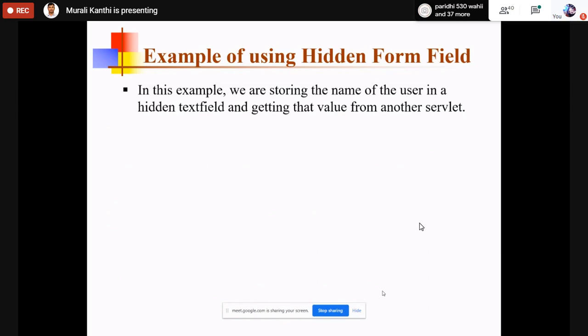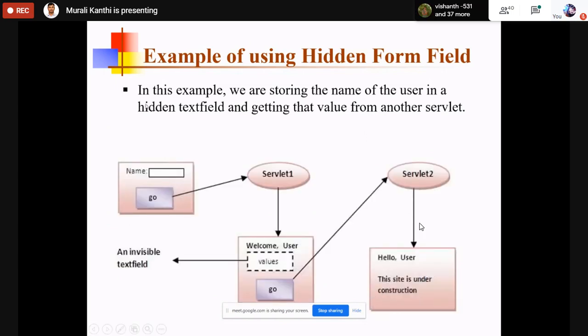Here we are storing the name of the user in a hidden form field and getting that value from another servlet. Here are two servlets. This is one form submitting to the server. Then the server web container invokes one servlet. Here, welcome user, with one hidden form field, that is an invisible text field, with some values. If we submit this to another servlet, that means this servlet invokes another servlet, and this other servlet retrieves whatever information is there.